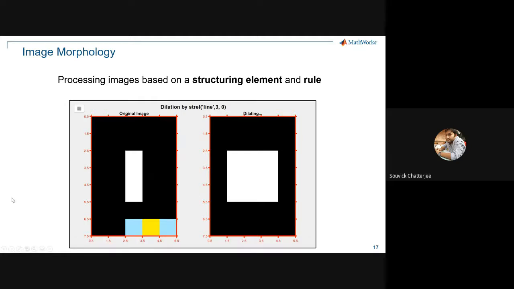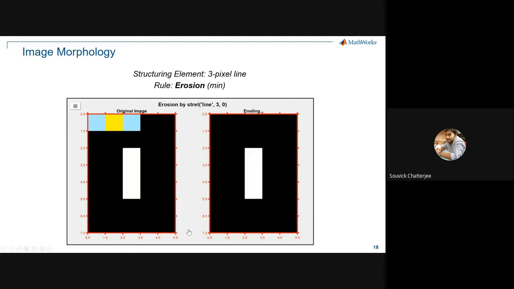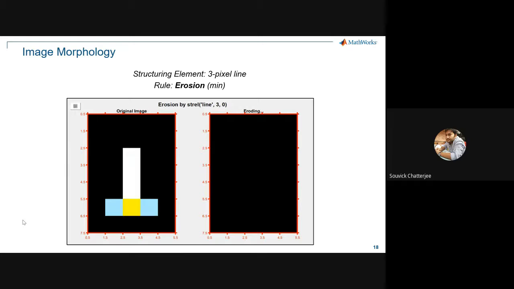So this is dilation. So this was the original image. And if we do the dilation operation on top of that using a line segment, you can change line to other things. And this is a 3 pixel. So we have 3 here. So this is dilation. Similarly, if you look into erosion, what happens is this gets eroded. So dilation sort of gets expanded, erosion shrinks.